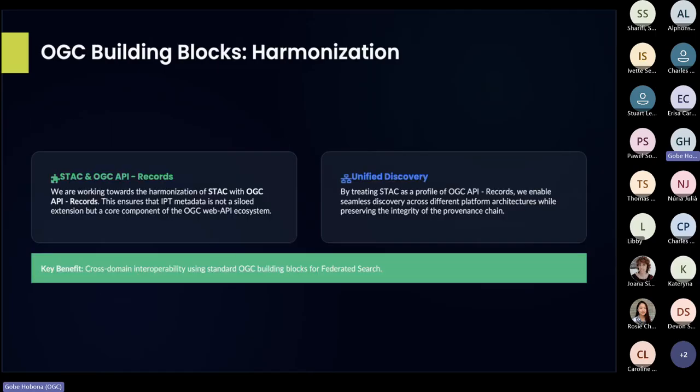And then another important part of the activity was the building blocks harmonization with what is already in place at OGC. In fact, we submitted the building block part of the stack extension for the building claims, and to harmonize obviously with the OGC API to respect the standards, to have something that fully implements this concept, and to try to have a sort of unified discovery. Basically, at the real end,